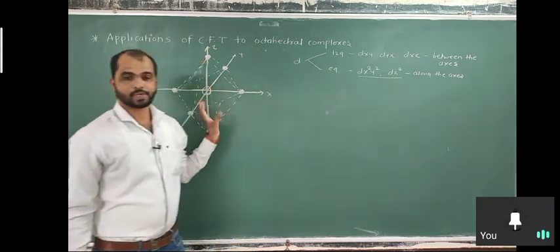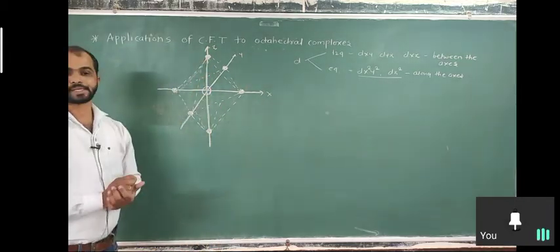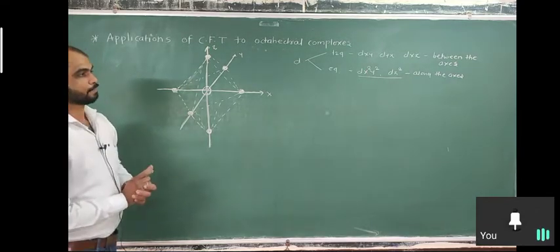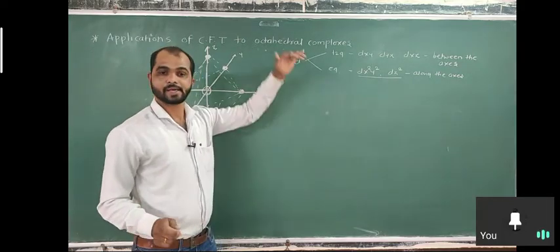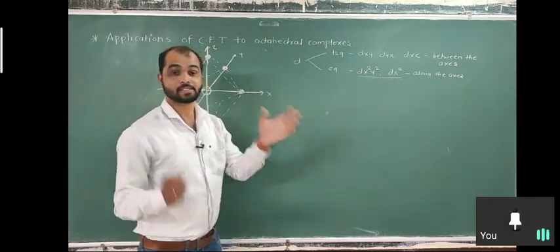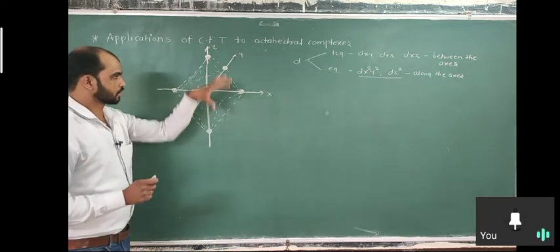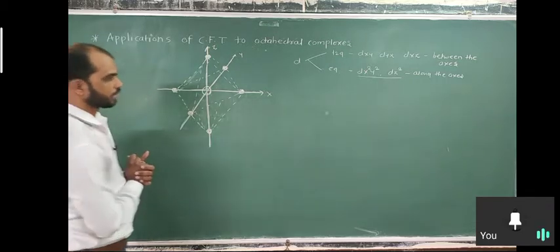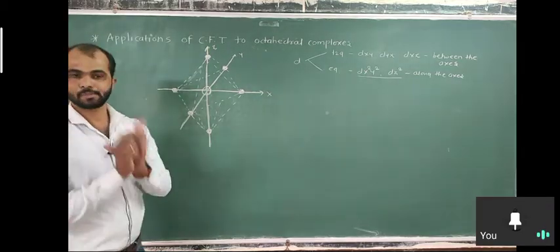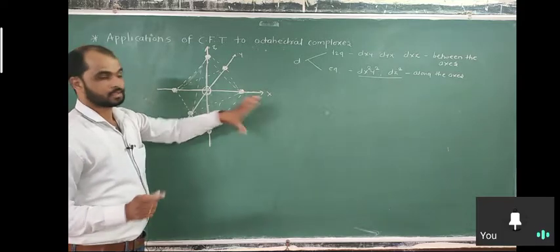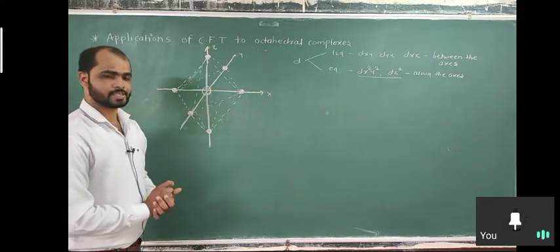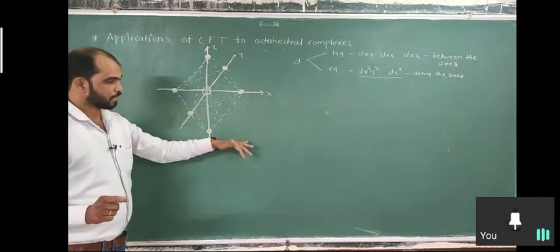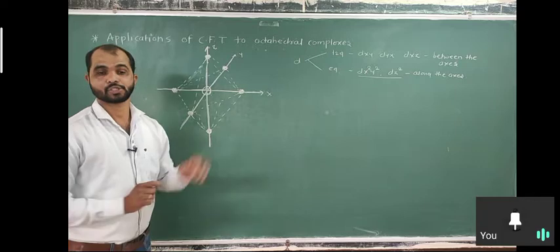That's why, when we consider octahedral complexes and do the splitting of orbitals, the Eg orbitals have higher energy and the T2g orbitals have lower energy, due to this geometrical orientation. So first we split the d orbitals into two energy levels. We already discussed it: which orbital has lower energy and which has higher energy depends on the geometry.